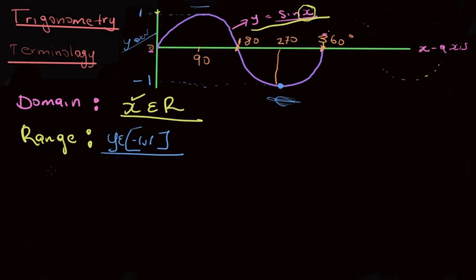Then we can think about the amplitude. As we said, the amplitude is half the difference between the maximum and the minimum value. Maximum and minimum value are self-explanatory terms. So when you're looking for the amplitude for the function y is equal to sine x, amplitude is equal to maximum value minus minimum value,